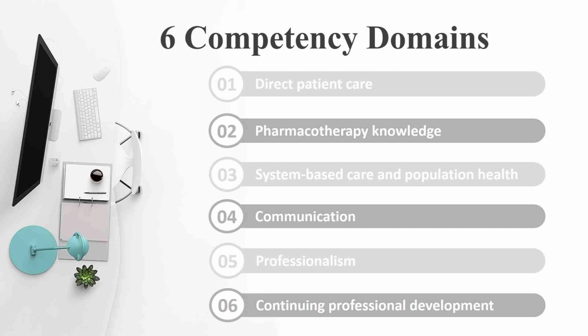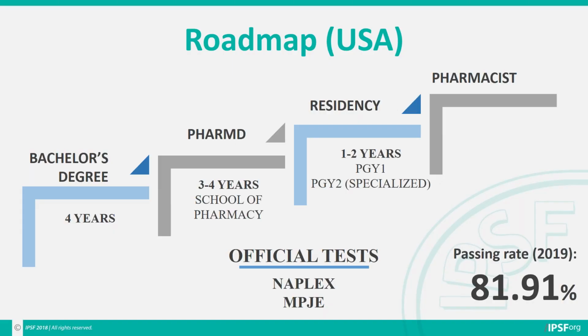So, how do you become a clinical pharmacist? So most of us know about the US system, where you go to college, you obtain a bachelor's degree and that takes around 4 years, followed by an extra 3 to 4 years of education in a school of pharmacy. Now, once you graduate, in order to work, you'll have to pass the NAPLEX and MPJE. The NAPLEX, which is short for the North American Pharmacist Licensure Examination, is designed to evaluate general practice knowledge and is taken by recent college